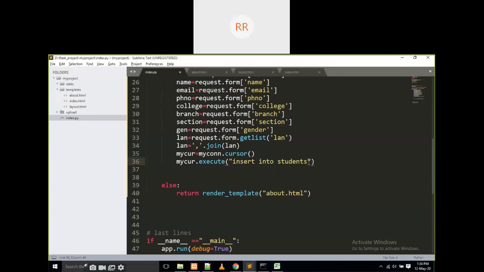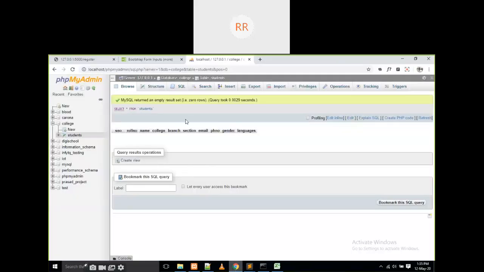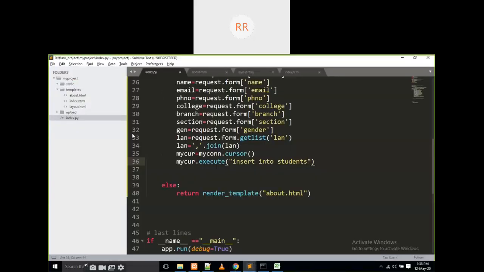Now I am going to insert the data into the database. Insert into, my table name is students, right? That's why I am writing insert into students. What are my column names? My column names are these. This one is not needed, right? That is automatically incremented. We are going to write